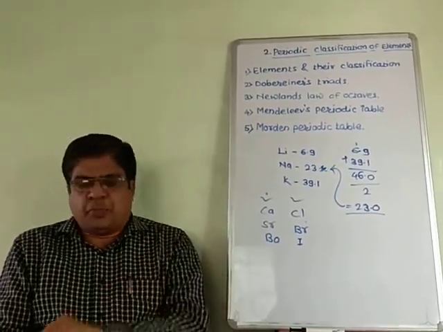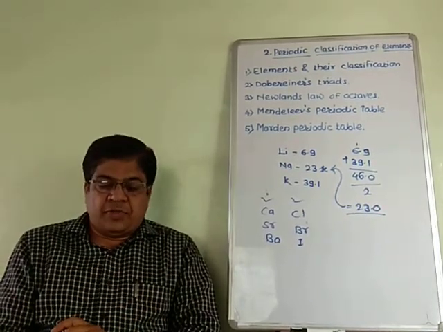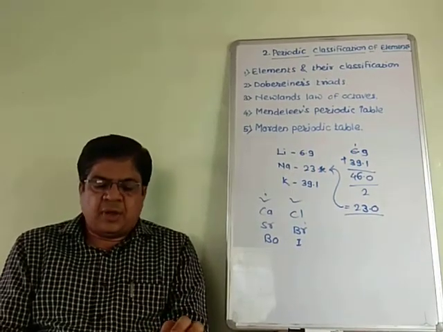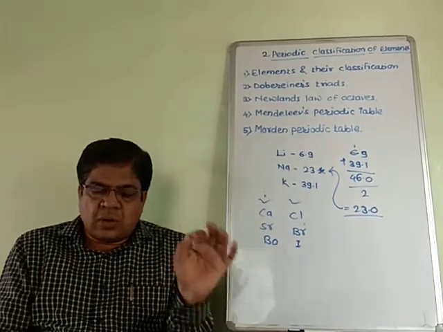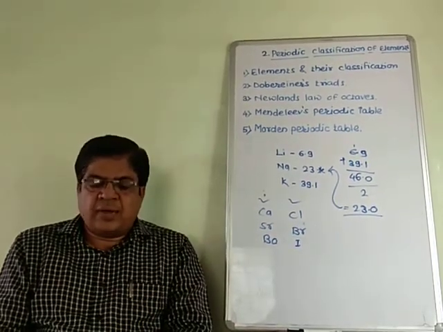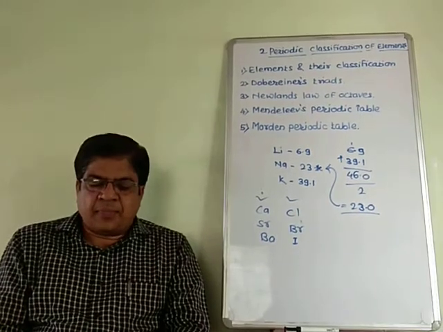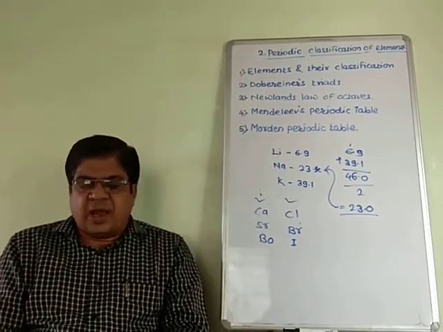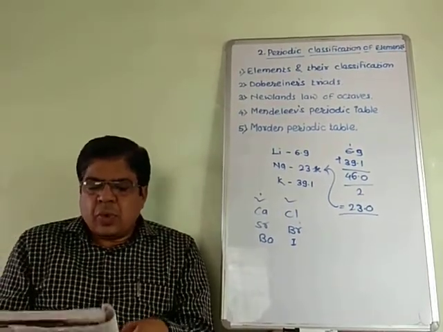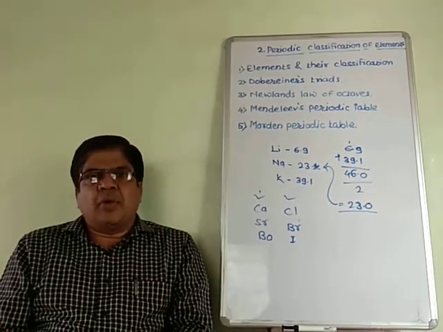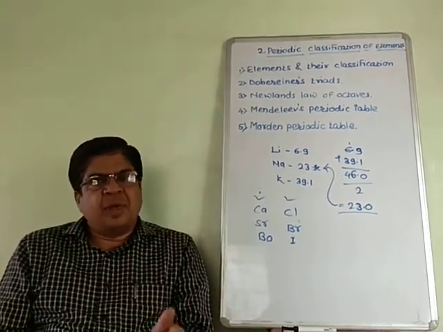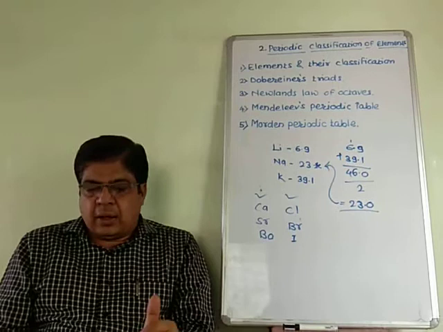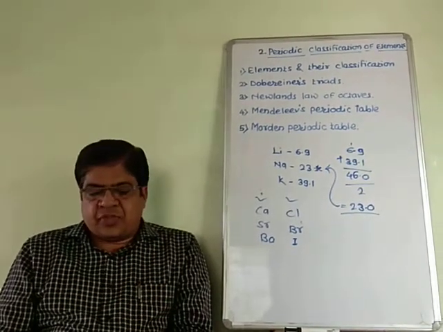Let me clear this point again. Groups and electronic configuration. The number of valence electrons in all the elements from group first, that is the alkali metals, is the same. Similarly, for elements from any other group, the number of valence electrons is the same. For example, beryllium, magnesium and calcium belong to group 2, the family of alkaline earth metals. There are 2 electrons.